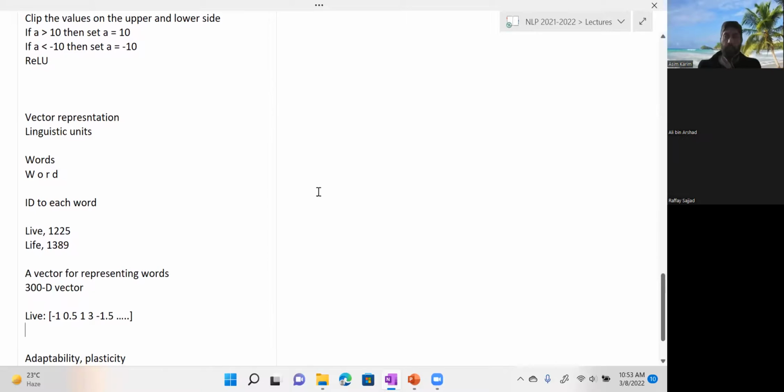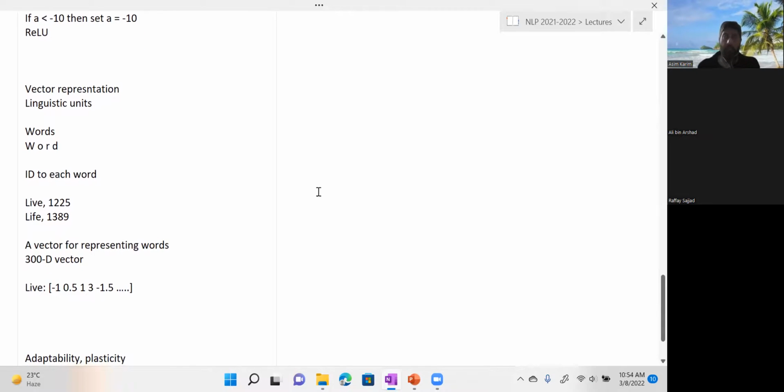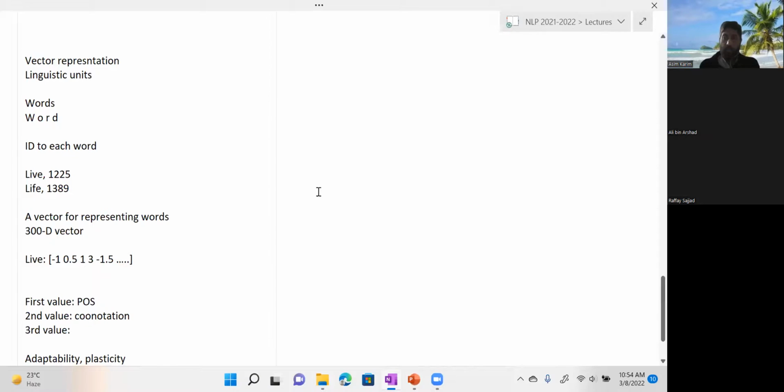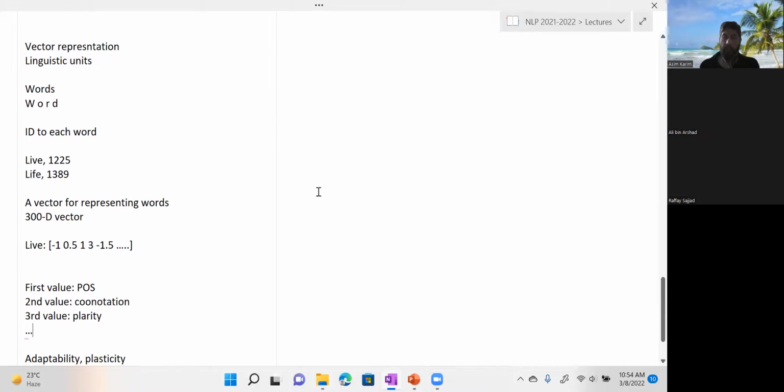Okay? So, of course, even by looking at it, this representation has multiple values, 300 values. So it can capture more information, right? And of course, if you want to do it by hand, you might say that the first value is a value for, let's say, the POS. What is the POS of this word? Maybe the second value captures the connotation of this particular word. So let's say the third value conveys the polarity of this word. And you can have other features representing this word,